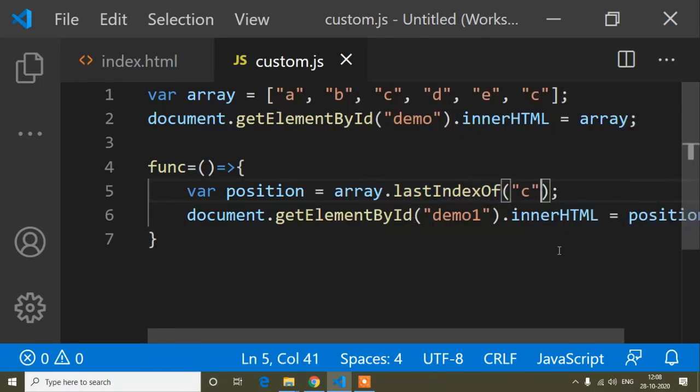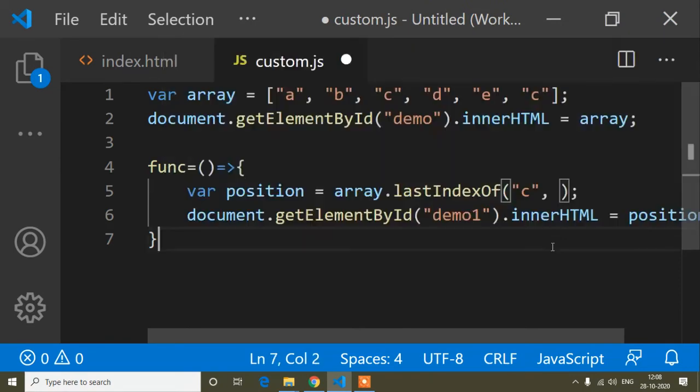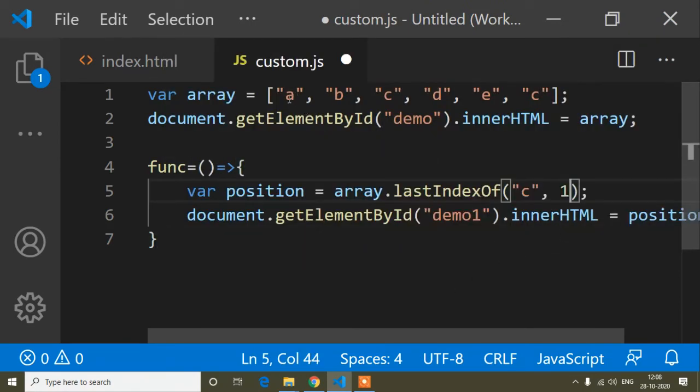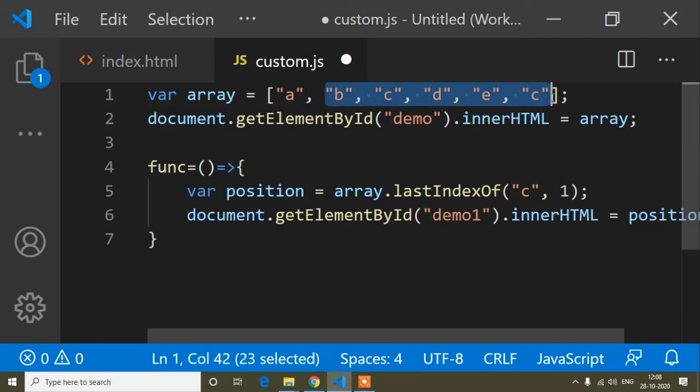In the same way, you can also give a starting position. You know this C element is not in position 0, and it may not be at position 1 either, so you can write 1 here, and it will search from position 1.